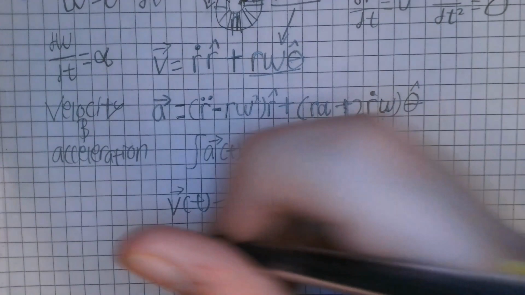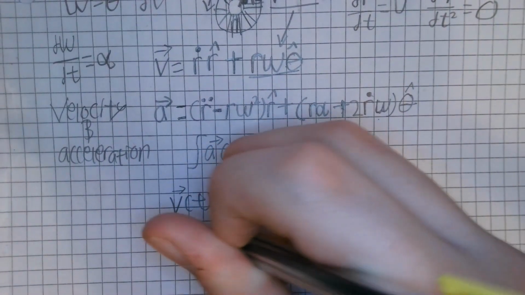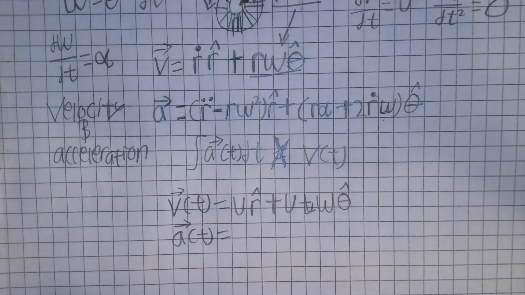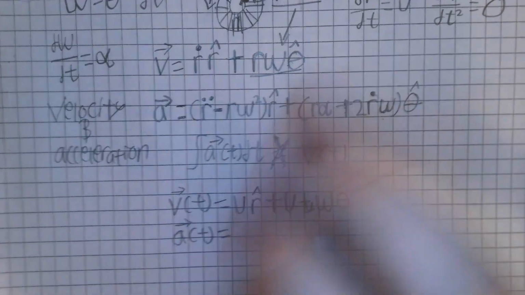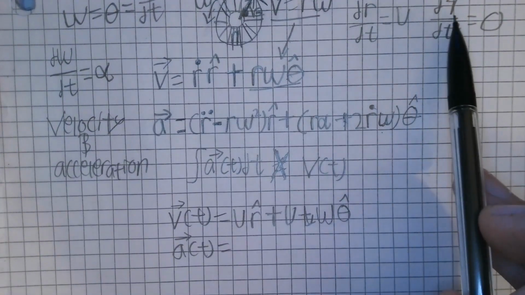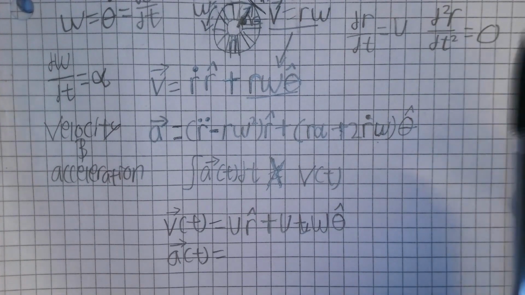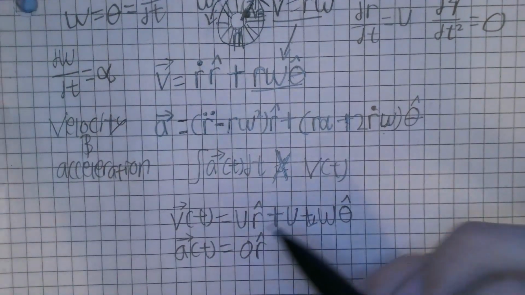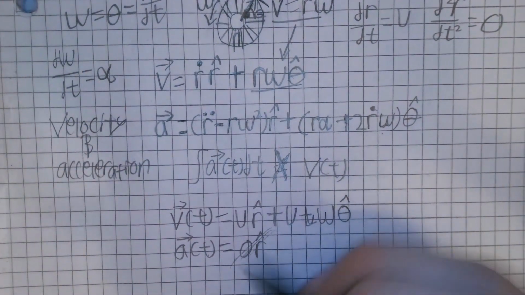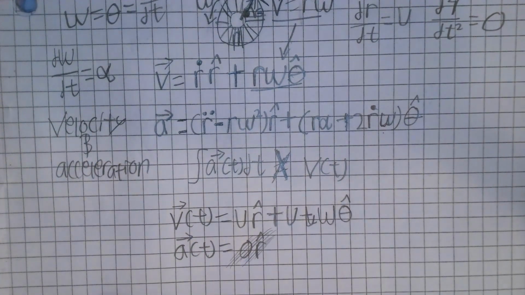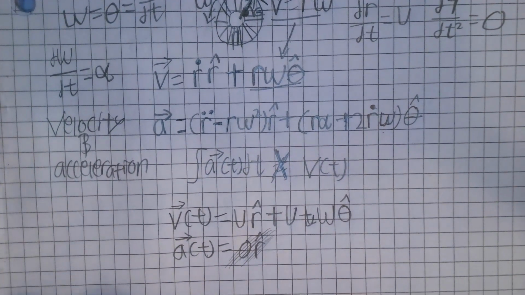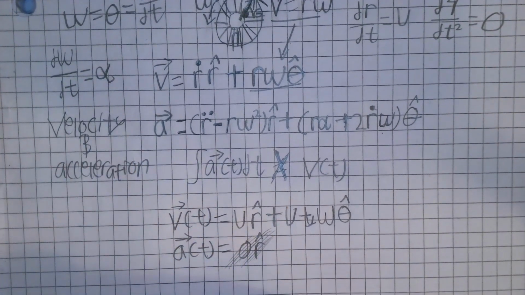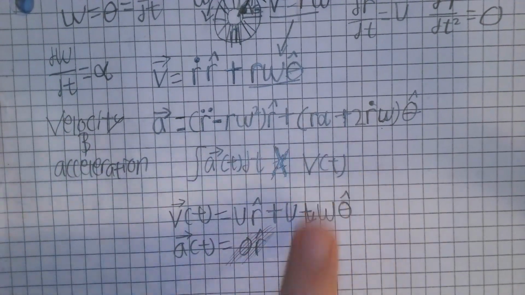All right, moving us down a little bit more here. Acceleration as a function of time. We're basically just going to do the same thing, plugging in. So the second derivative of r, which we already set up right here, is 0. So there's no acceleration in the r hat direction. In fact, I'm not even going to write that there. Don't even worry about that. But there is going to be some stuff going on in the theta hat direction. We already said angular acceleration is going to be non-zero. So, looking at this, we have r